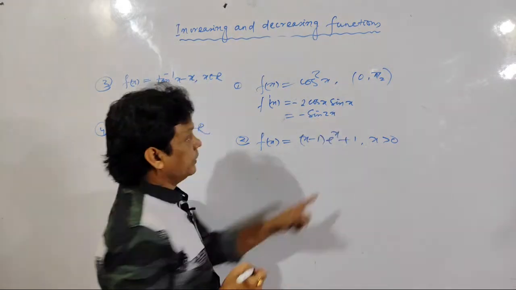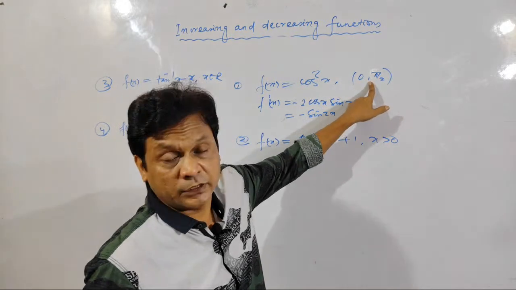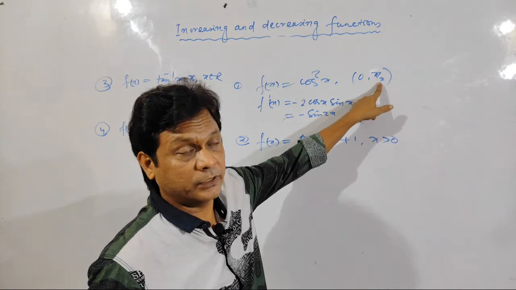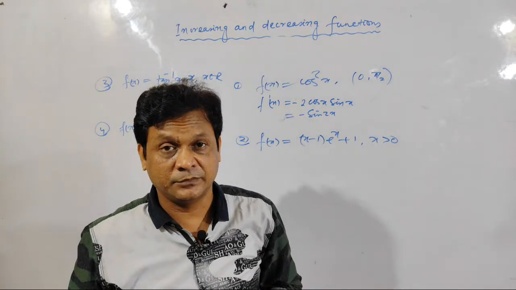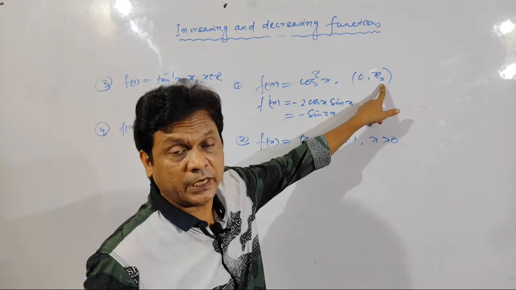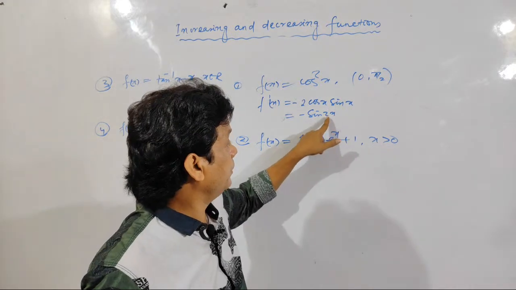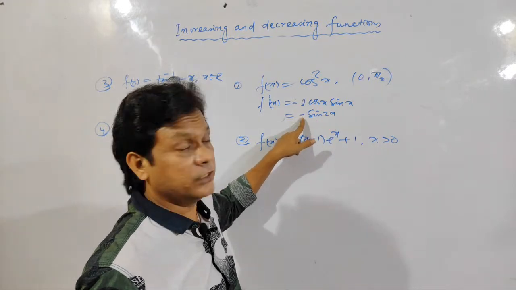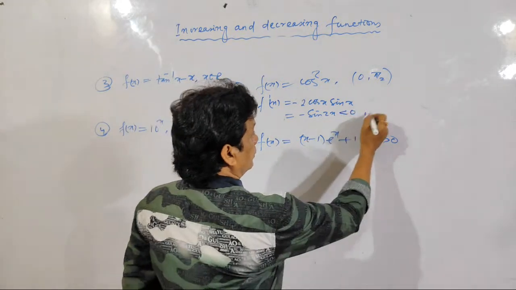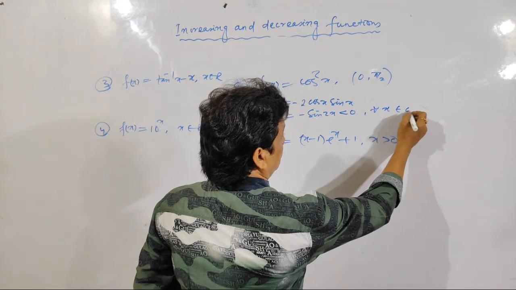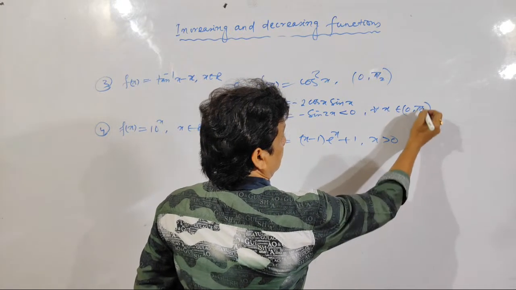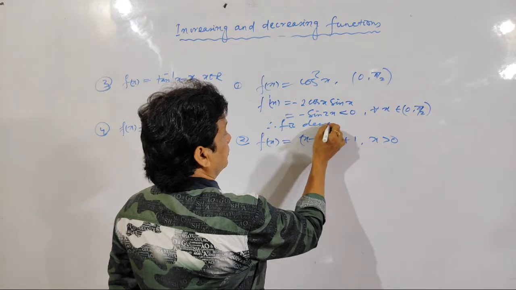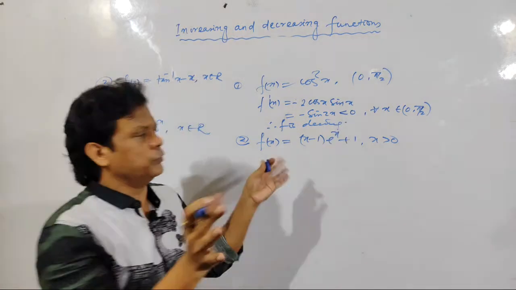See here. Take any point in between these two, from 0 to pi by 2. Let us take 45 degree. Okay, 0 to 90 it is given, I am taking 45 degree. So 45 degree into 2 is 90 degree, and sin 90 is 1. So negative sign is there, minus 1. So it is less than 0 for all x belongs to 0 to pi by 2. Clear? So f is decreasing. Very easy. Actually, simply put the value, you will get the answer.